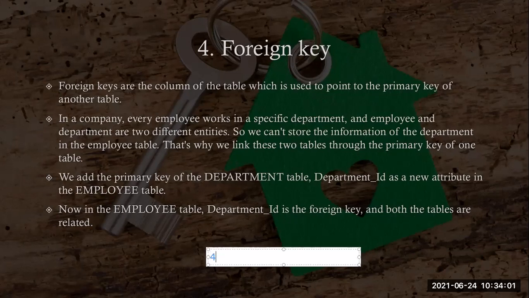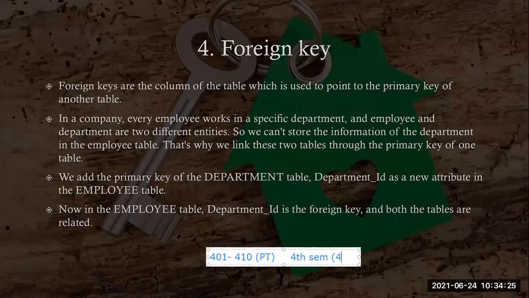As I have told you, in the personal table, assume that the values are 401 to 410. This is the personal table here. Now, I want to create a fourth semester table. In that also I have to mention this roll number, 401 to 410.